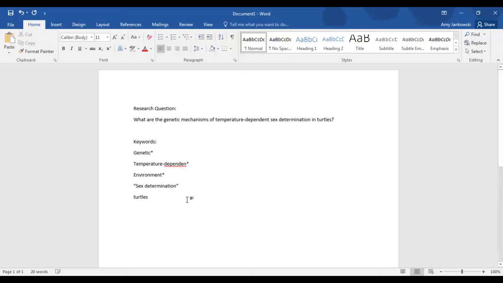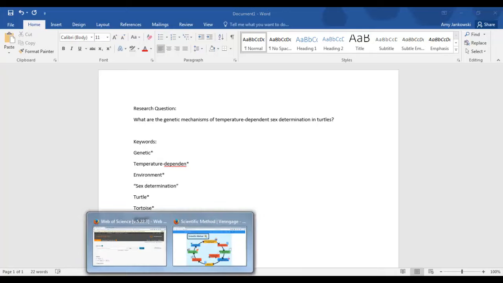two terms together. With turtles, again, we can use the truncation symbol just with turtle, but we can also search on variations like maybe tortoise, and maybe even reptile. So that would indicate related animals, related reptiles, but that can also indicate the scientific term for reptilia. We just want the truncation symbol after the L, so we can get reptile, reptiles, as well as reptilia, the scientific term. So going back to our database,